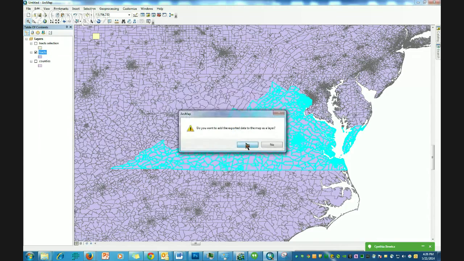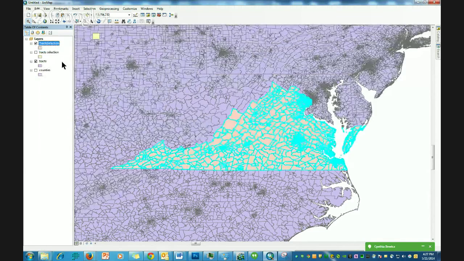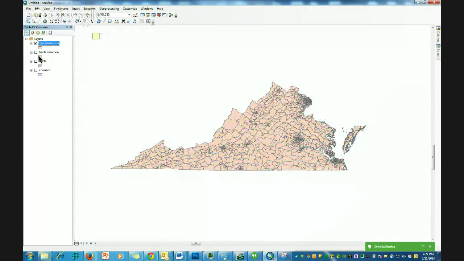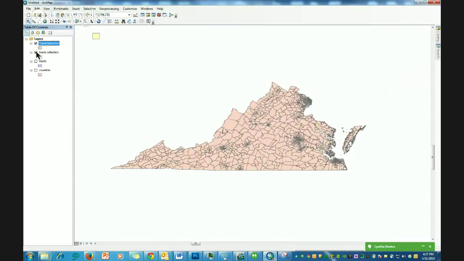It asks if we want to add it to the map, and you'll say yes. And notice how it looks identical to the selection that we made using the other method. One is just permanent and one is temporary, so it's up to you which method you want to choose, and it really depends on the operation that you're trying to do. Okay, so that's one very simple